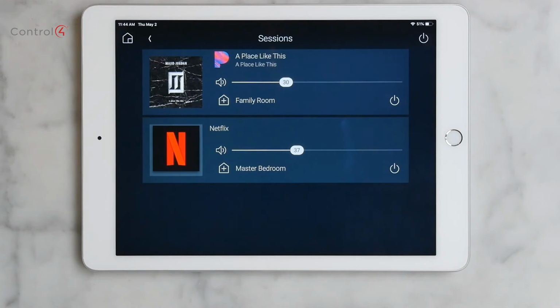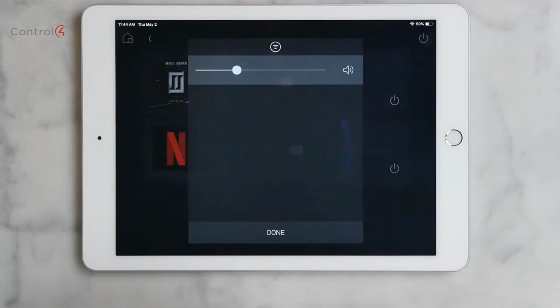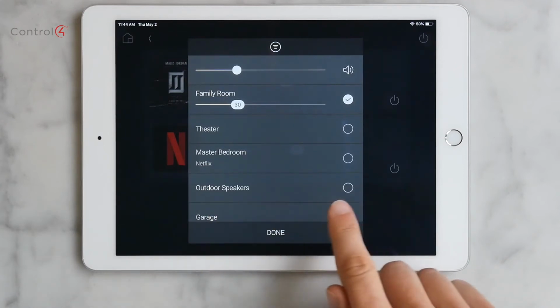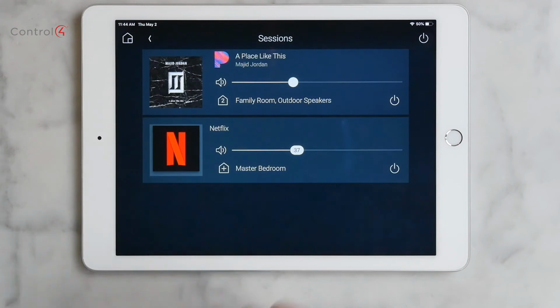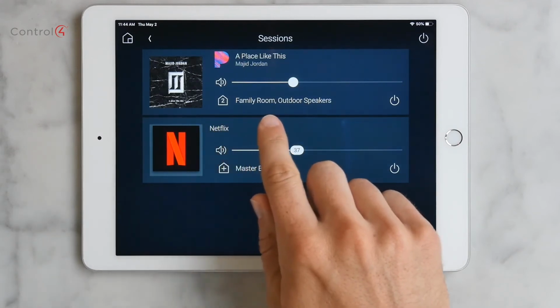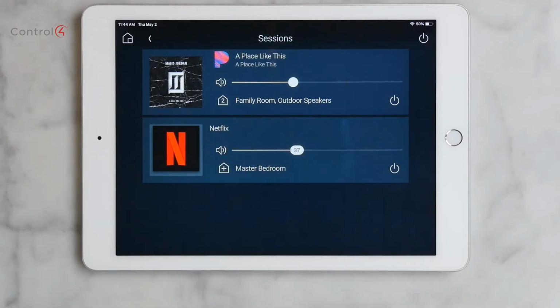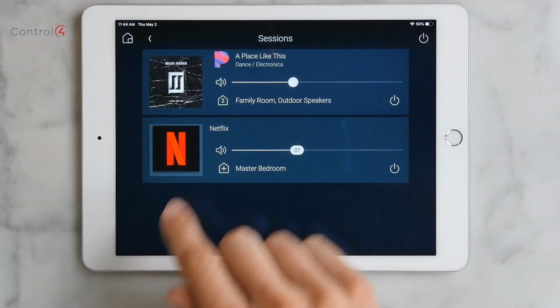Want to play this Pandora station in the backyard? Just tap on its media sharing button and tap outdoor speakers, then done. Now we see there is a 2 in the media sharing house icon, and both family room and outdoor speakers are listed. In addition to seeing and sharing content, you can adjust volume for individual rooms, or the